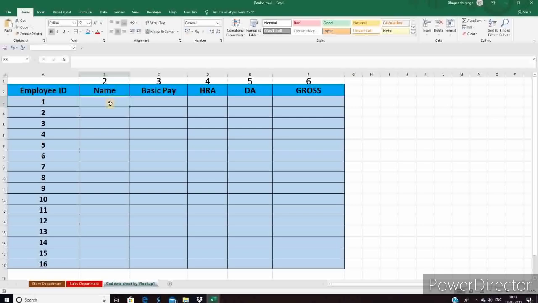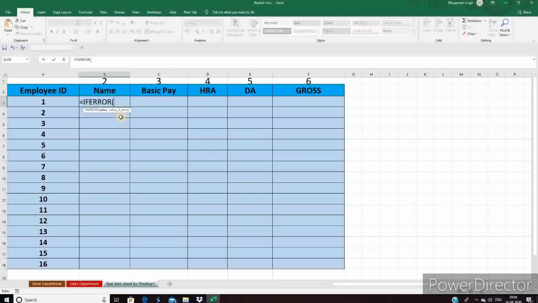So guys, if you use a simple VLOOKUP right here, that will not work because we have data in different sheets. So what you need to do right here is use IFERROR with VLOOKUP. We use IFERROR in Excel when you want to handle an error. So type IFERROR. The first parameter of IFERROR is value and the second parameter is value if error.